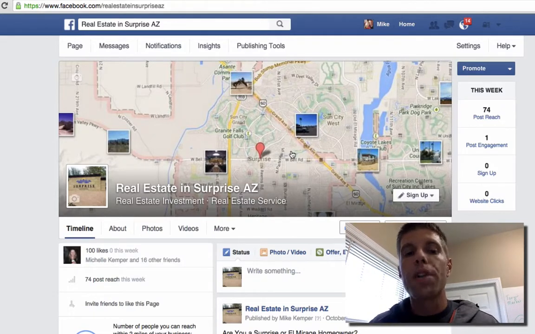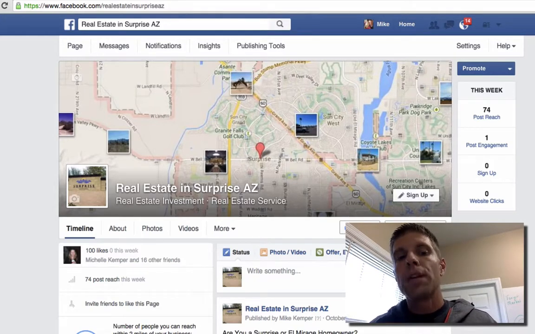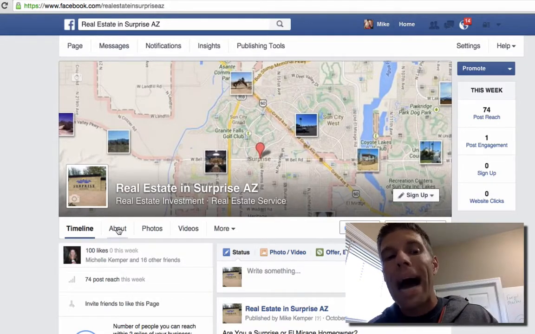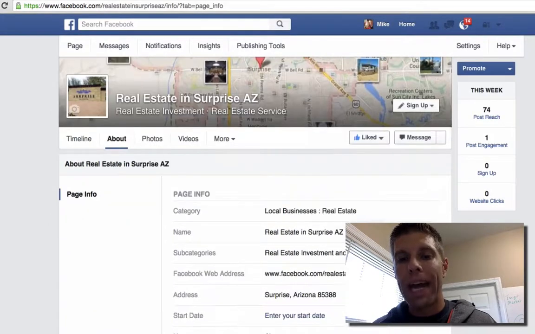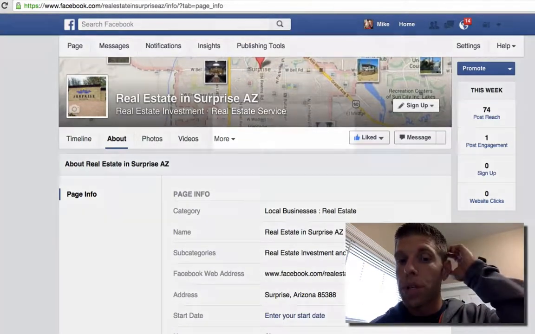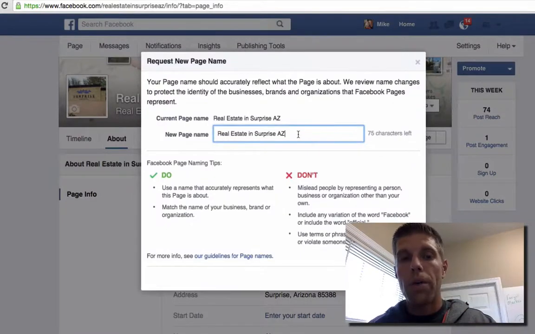So first thing we're going to do is change the name and the categories for the page, okay? So he's got real estate in Surprise, Arizona. What we're going to do is go to the About tab, and under page info, we're going to edit some things, okay? So first and foremost, we're going to edit the name, all right? And we're going to call this Surprise, and we're going to make sure that we spell it right, Surprise AZ